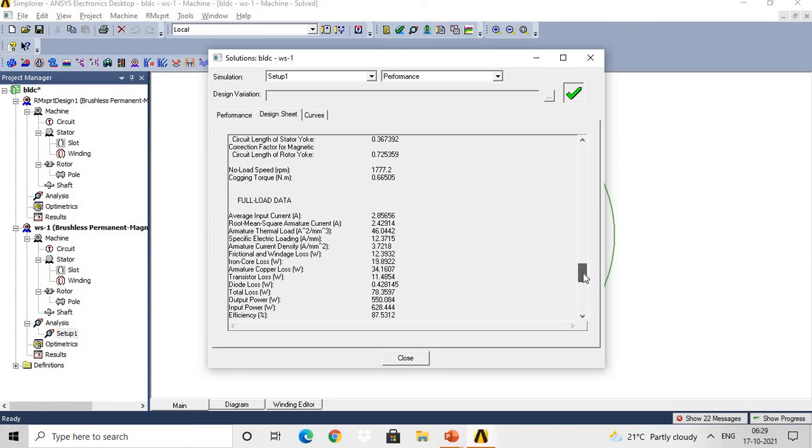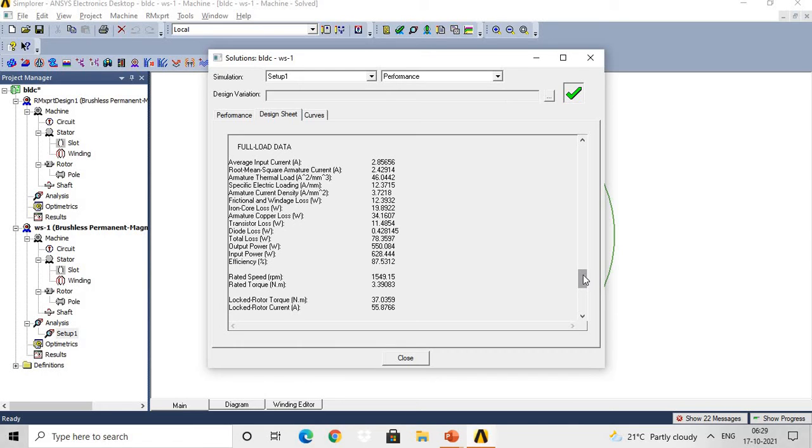Apart from that, before fabricating the material, you can check the full load operation data also through this analysis result, which is a requirement for research purposes, or to design and develop any motor, or design and develop the BLDC motor for a particular application, like average input current, rotor mean square, armature thermal load, specific electric loading, armature current density, frictional and windage losses, iron loss, armature copper loss, transistor loss, diode loss, total loss, then output power, input power, then efficiency.